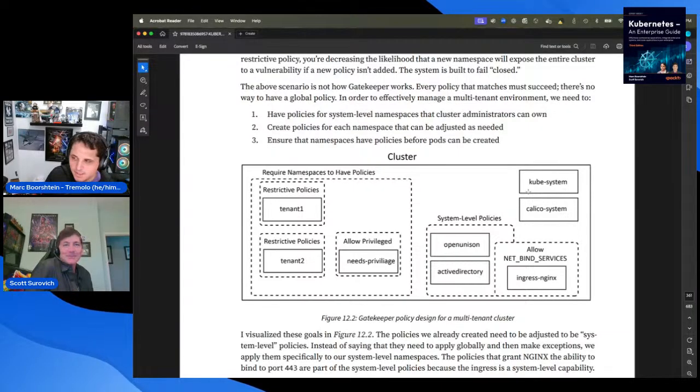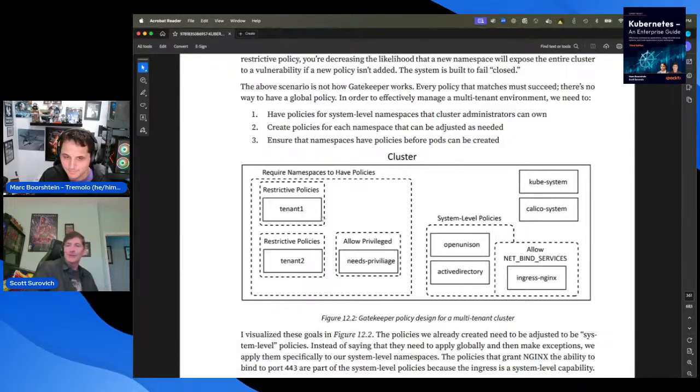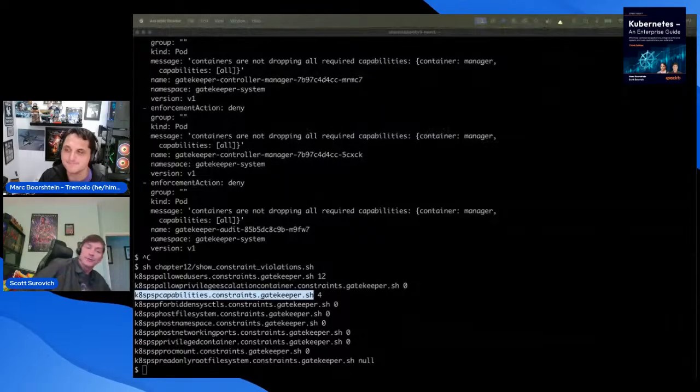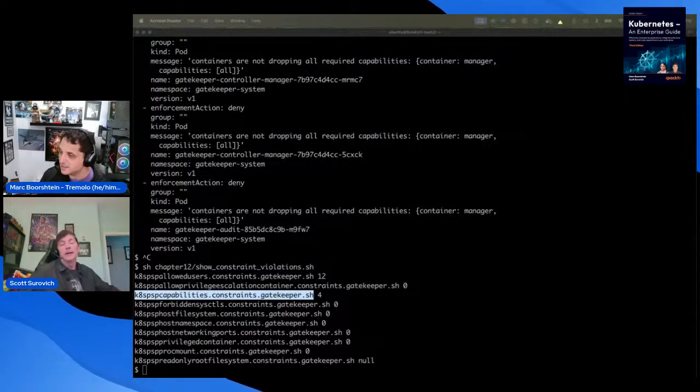No. So the second issue is, how do you make sure that the namespace has policies? If every namespace has its own enforcement policies, you need a policy in place to make sure that the namespace has policies. Yes. Kind of, I've almost implied that to myself, because I'm thinking, if you've got to add them, how do you know? And then you miss it, and you've got a major security hole. Exactly. So that's how we did that.